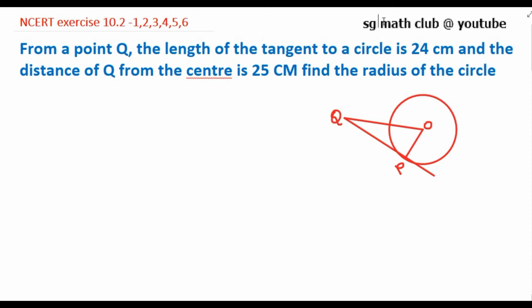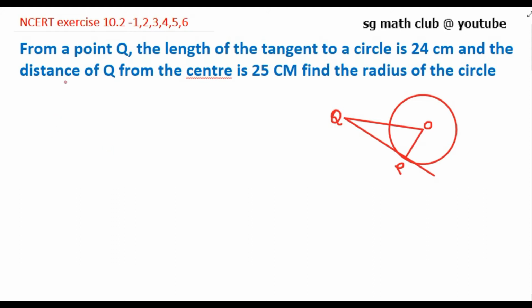In the last video, we have already seen the properties of tangent to a circle. You can draw two tangents from an external point to a circle, and the length of the tangent that is drawn from an external point to a circle will be equal. So all these properties we have seen in the last video. In today's video, we will do some of the problems based on those properties.